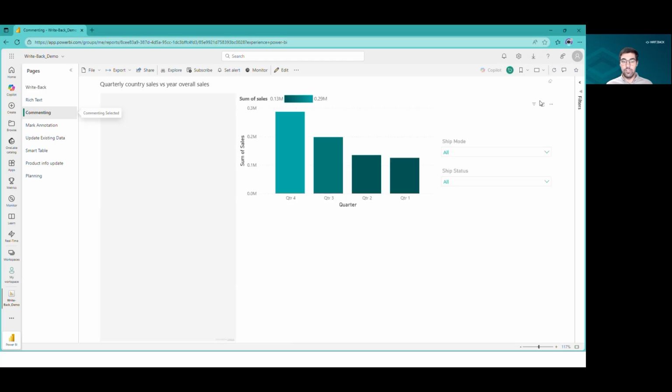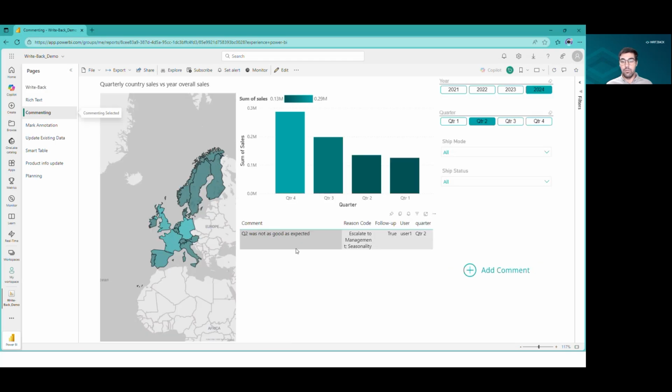I did forget to refresh the data in here just to show you. There you go. Now that I refreshed, we also see the reason and the comment that I just added over here. We can see the user that made it and the context of the current quarter. All right, so